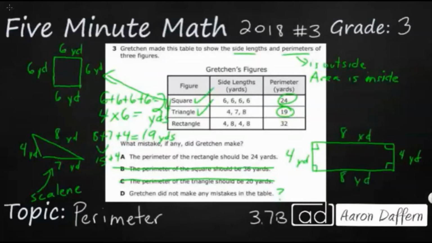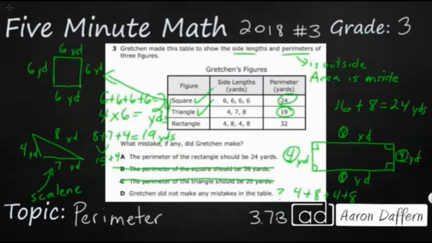So once again, we've got some options here. We can just add up 4 plus 8 plus 4 plus 8. I'm going to double both of these. I'm just going to do 8 and 8 make 16. 4 and 4 make 8. Then I'm going to add those, and that's going to give me 24